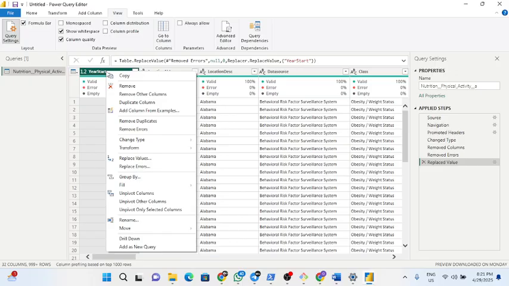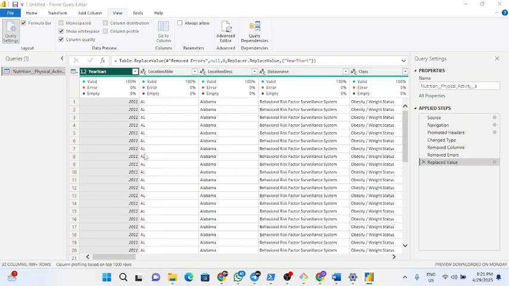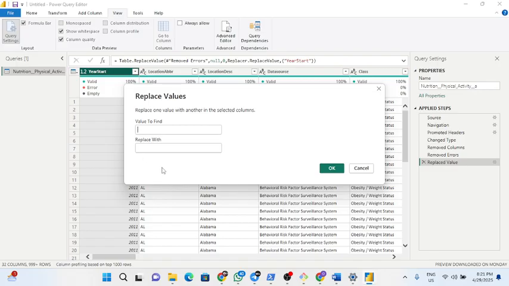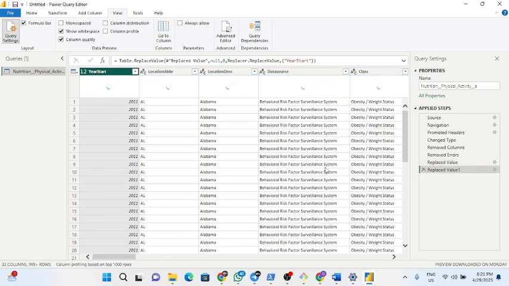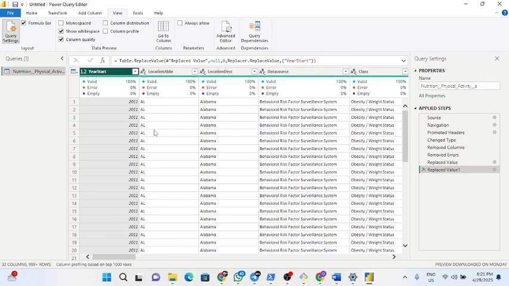Are you there? After you highlight it, you right click, then you see replace value here. Null, then you replace it with 0, then you click OK. Okay. So after you are done with that,